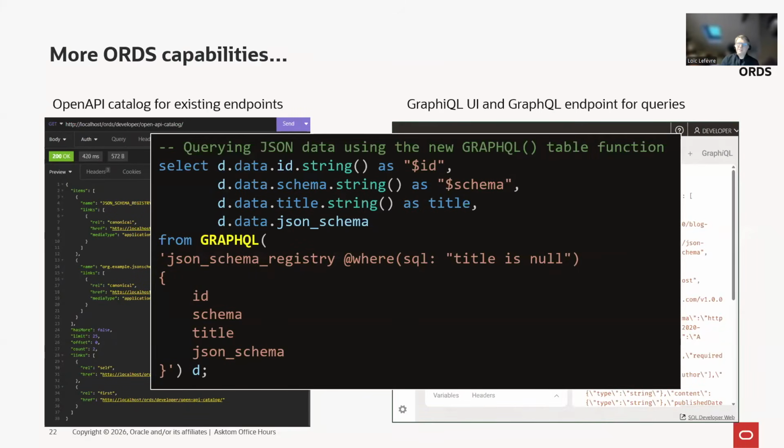And last but not least, we have introduced this new, so that's time to speak about GraphQL just a bit, the GraphQL operator. So if you like GraphQL, know that now you can definitely query your data using GraphQL syntax that way, right? So very convenient if you like it. And then using here, you get JSON data, and then you can just query it using the SQL notation that way, right? Casting into string here.